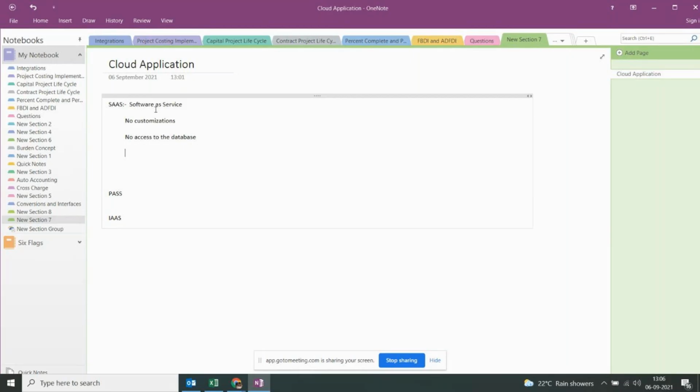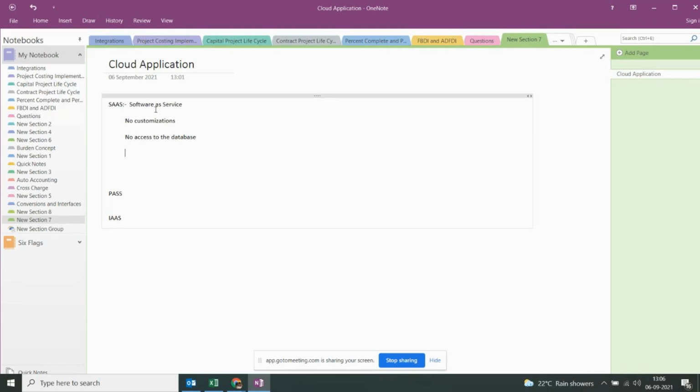So in that, we are just using the application and we are not going to do any kind of customizations within that application, whether it's WhatsApp or an Oracle Fusion application. When you are working in a SaaS environment, Oracle has just provided the software to you. It's an application, that's it.